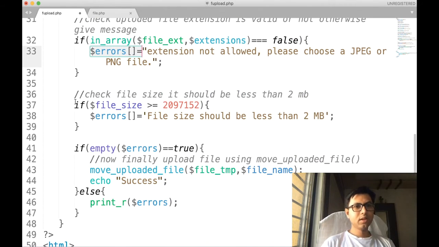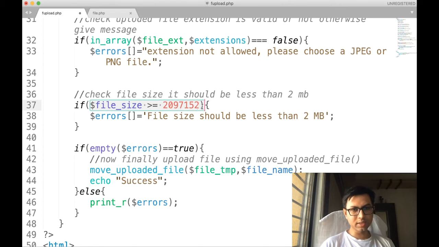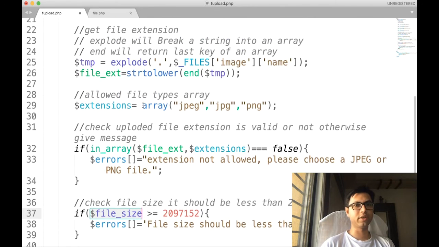Next, if we want to restrict the user to upload an image file with a maximum size of 2 MB only, then we can do that using this syntax. Remember that we had extracted the file size in this particular variable over here.